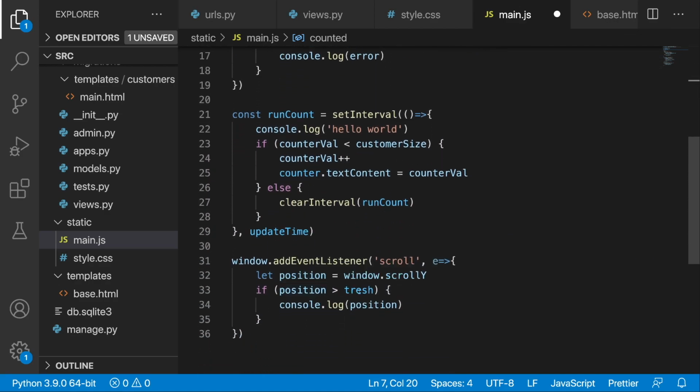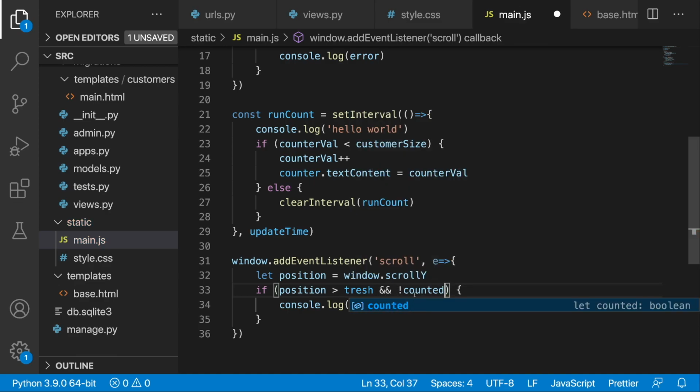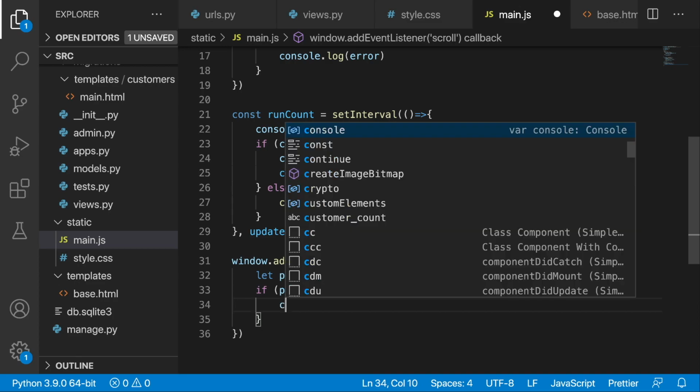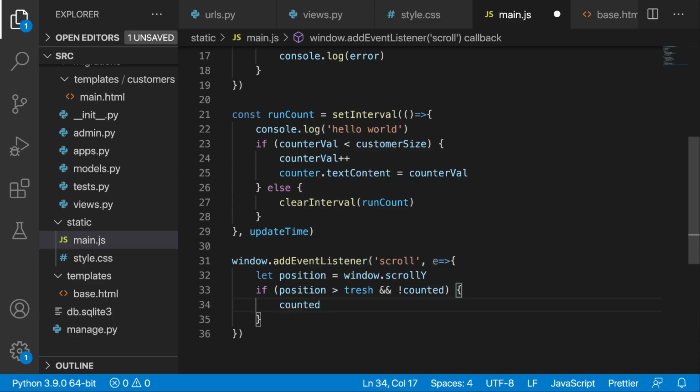If position is greater than trash and the flag is not counted, and if the counted is false, we are going to first of all set the counted to true,